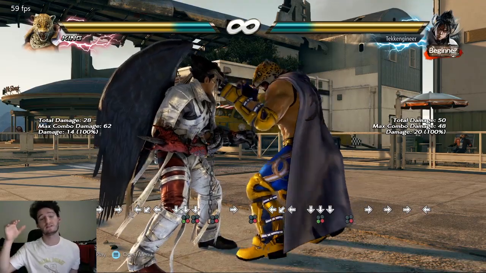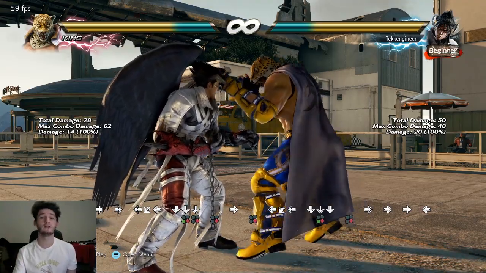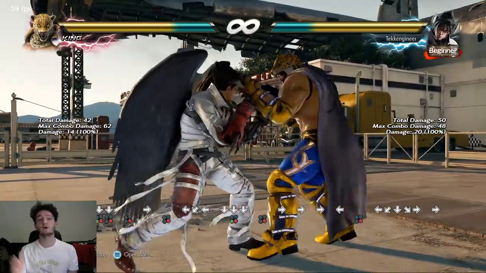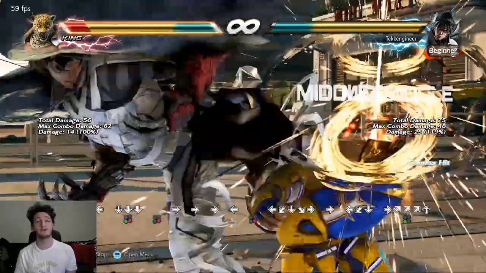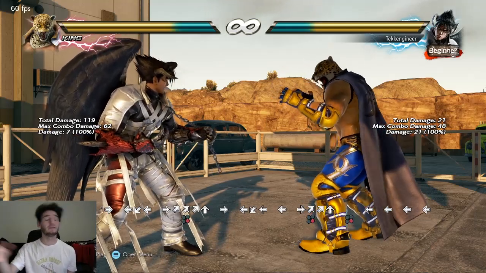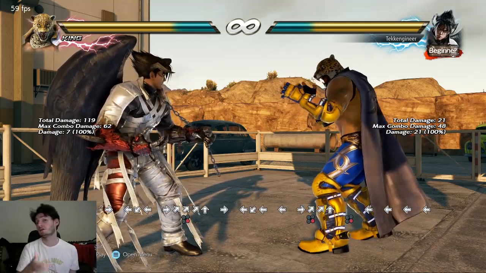Another thing they say is you block the second low and then you low parry, so like this. Or do a hop kick or another low crushing move to get a launcher. Even though I don't recommend it, if you really want to block the second low, let's say you don't want